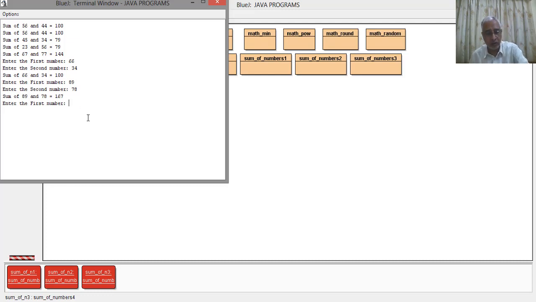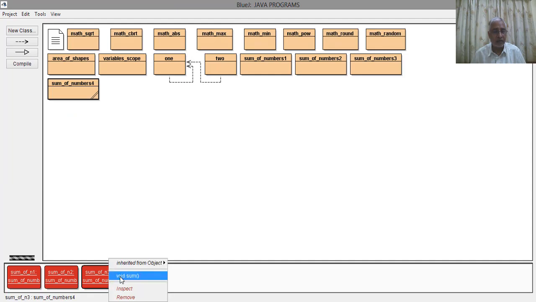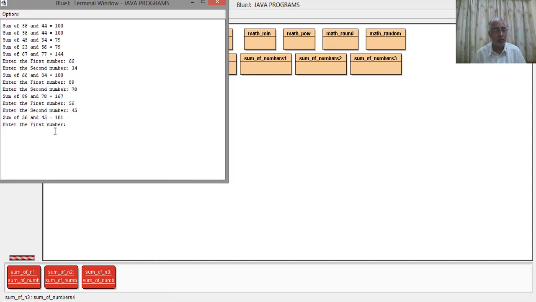So we give the values 56, press enter, 45, press enter, and the sum of 56 and 45 is 101. Again if I run this program with the buffered reader method, it will ask you to enter the first number. The working is the same. Suppose we give two numbers, 89 and 56, the answer is 145.